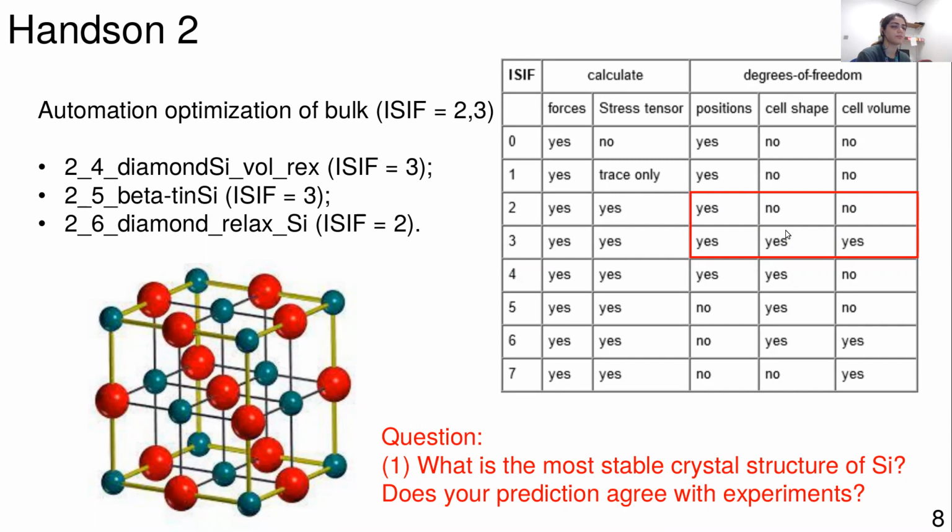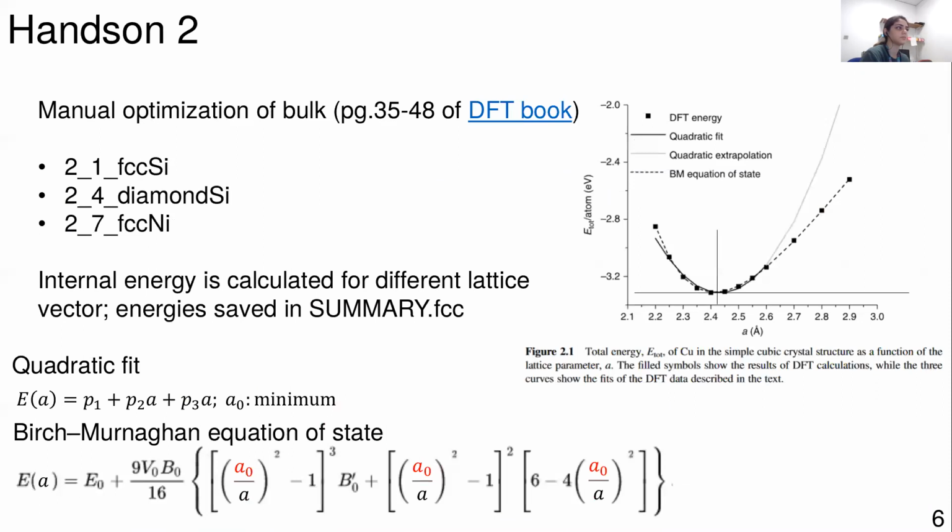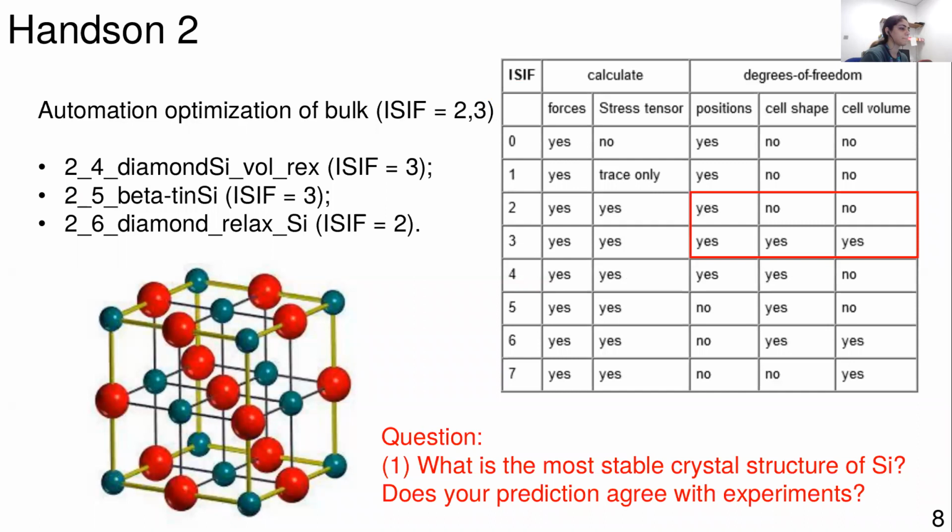And ECIF 3, like you see, ECIF 2 is not that powerful, but ECIF 3 is very powerful, because ECIF 3 lets you optimize also the cell shape and the cell volume. So that means that apart from moving maybe this atom close by to this one and this atom close by to this one, it will also increase or reduce the cell itself. And that is very important, because what you do with the manual optimization is just that. With the manual optimization, you make the lattice vector larger, so also the whole cell is larger, and here you just do it automatically, okay?